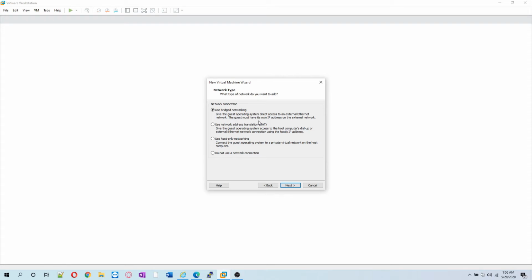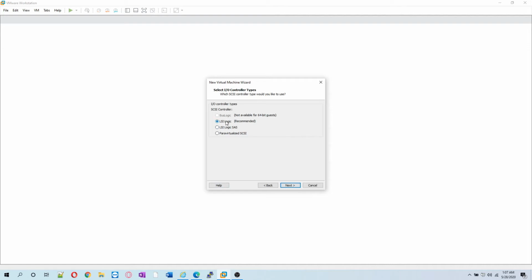If you use NAT, it will start NATting. It's network address translation. Probably the network engineers would know how it works. So it will NAT into a different IP and send the traffic to the network adapter. You can also use host only networking. That is, if you don't want this VM to access the outside world, then you can use host only networking. So for right now, we'll use bridge networking.